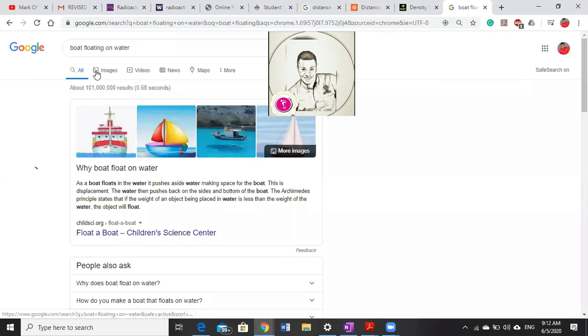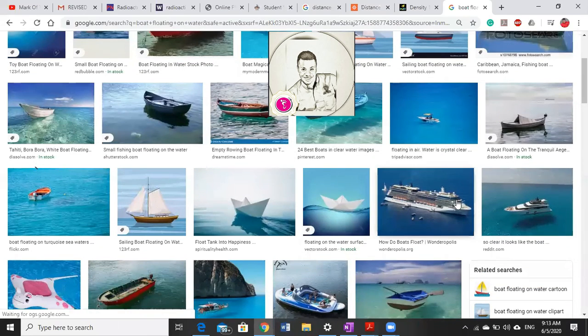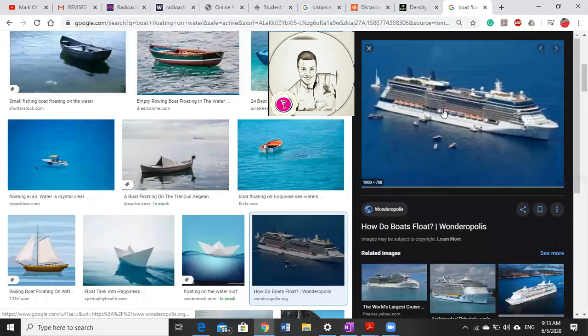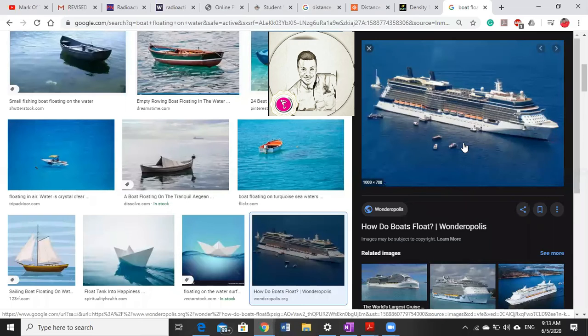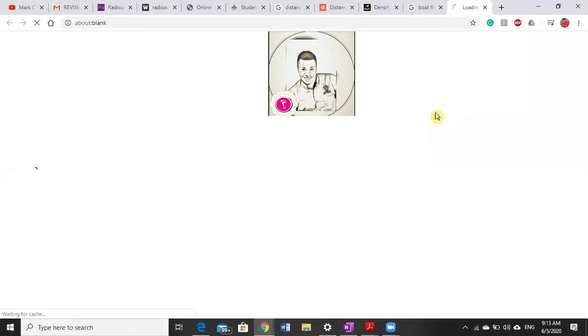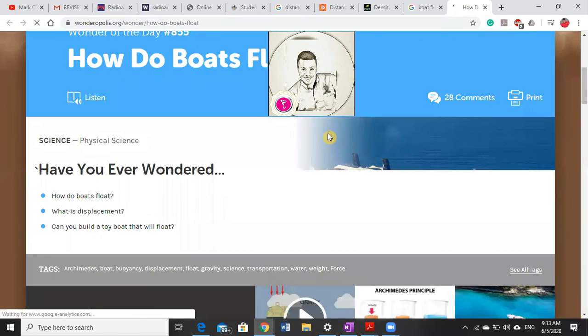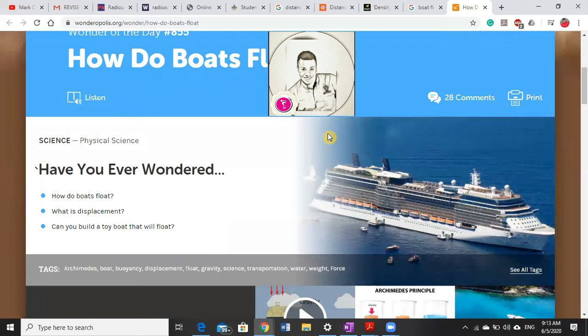So let's look at a boat now. A boat is made up of metal. Some boats are made up of metal, not all, right? But typically, look at this big cruise ship here. We expect that this big cruise ship is going to be made of metal. But why is it still floating? Can somebody answer that question? Anybody? Somebody? Pingy, I know you like to talk. Why do you think this boat is still afloat in water? And it is made up of metal.